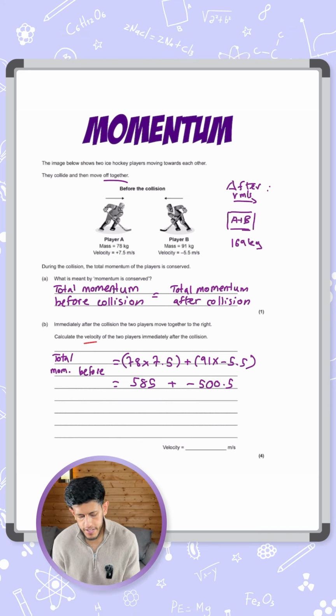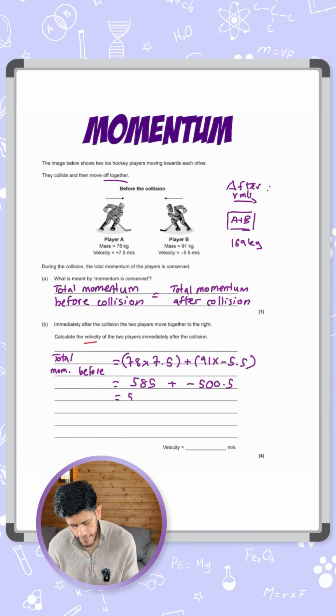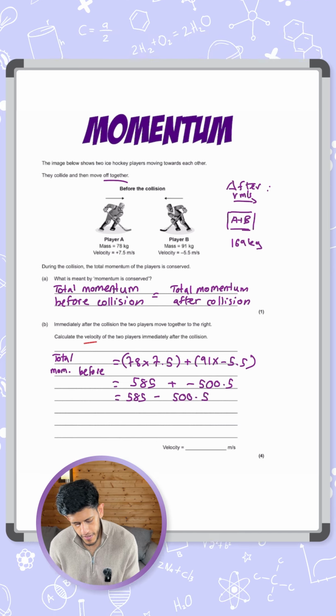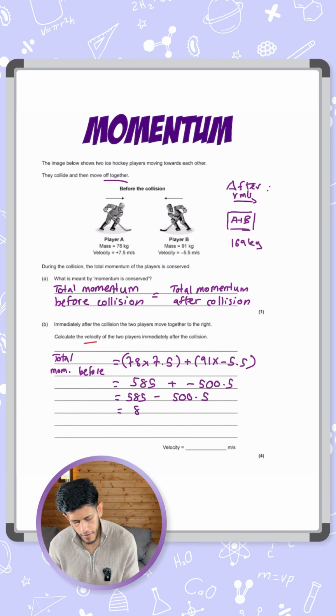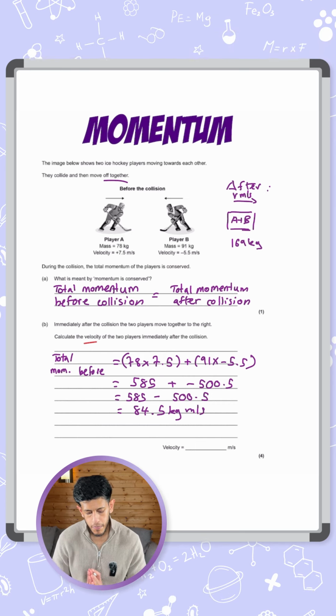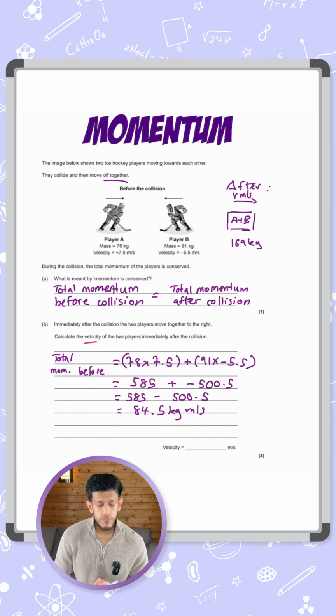So then the plus minus makes it a minus, so 585 minus 500.5, and you're left with a value of 84.5 kilogram meters per second. Remember, that is the unit for momentum, so I'm going to put that there. Okay, so now we have the momentum before. Let's write an equation